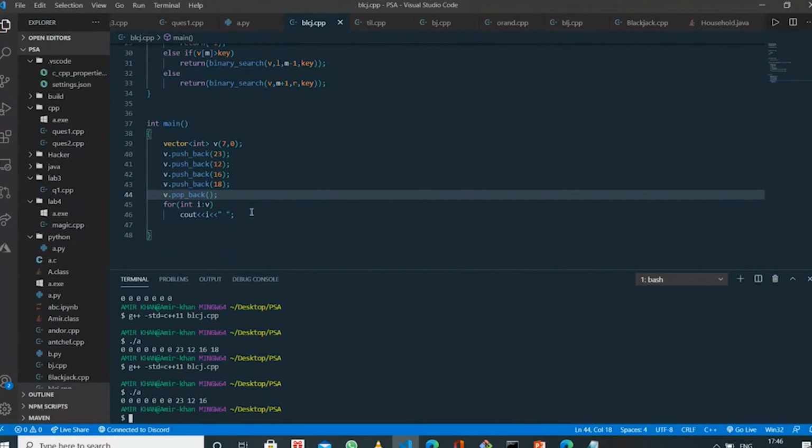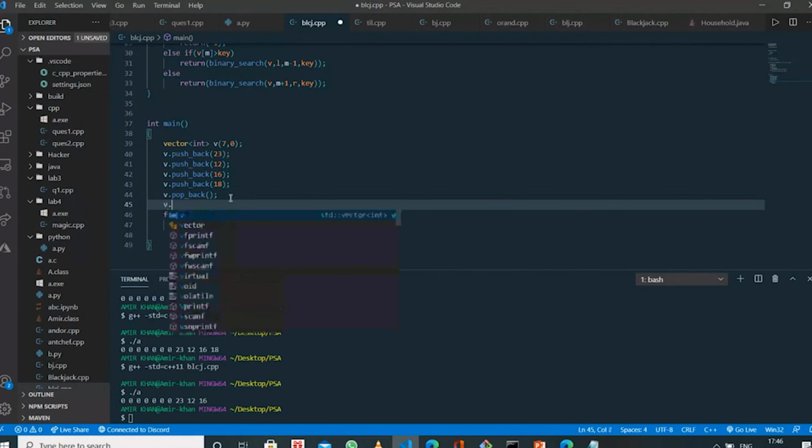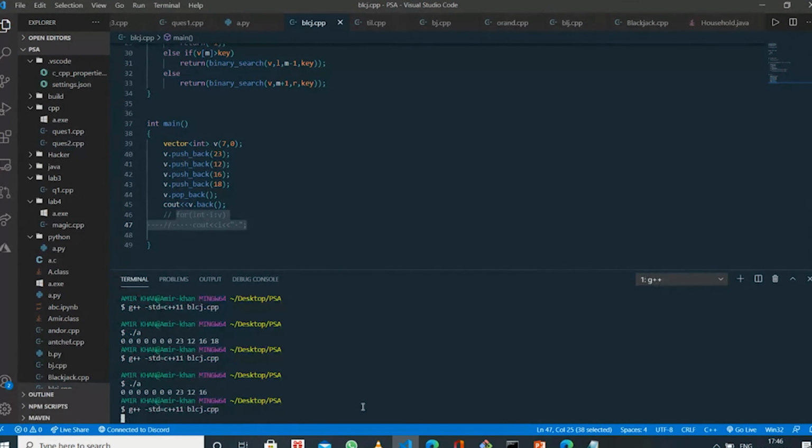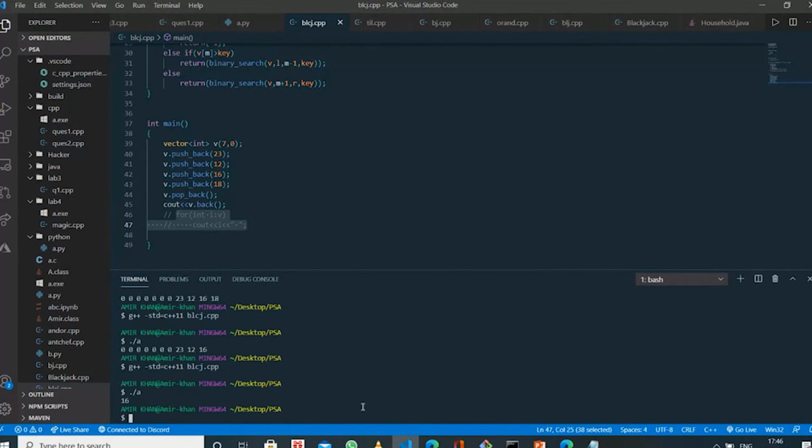Now I will use back. This will give the last element of the vector. It gives 16, because 16 is the last element.